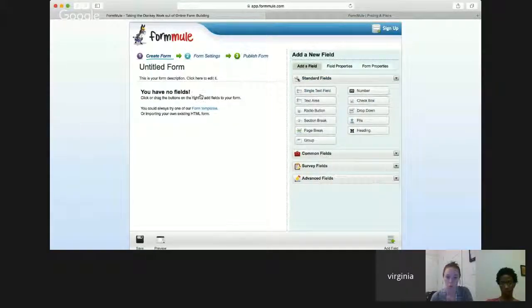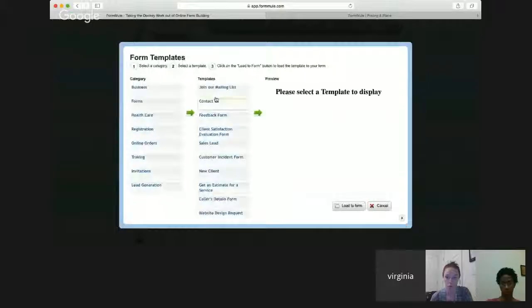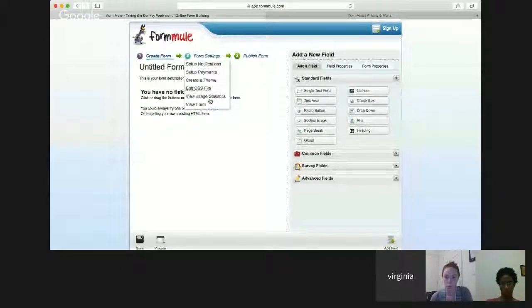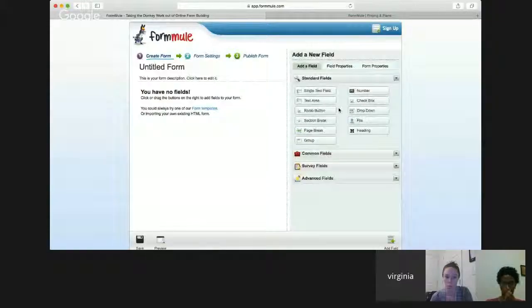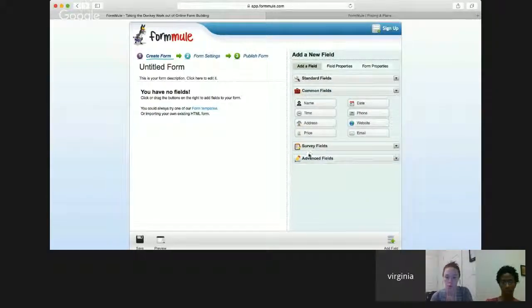And then you have to find a template that you want. And then this is what it looks like. And you get to go here, and then you can add text boxes or a text area or numbers or text boxes. And then you come down here and you can just add all of these different things to it,